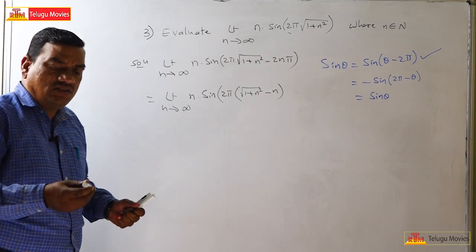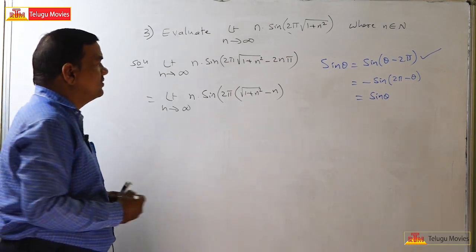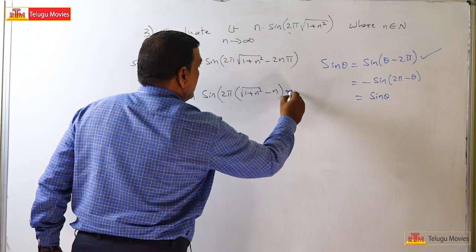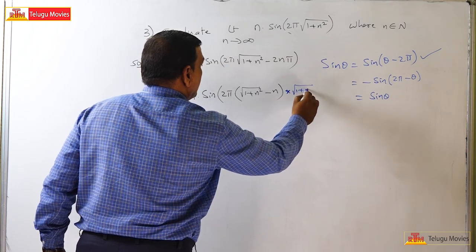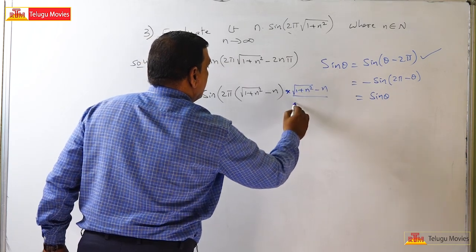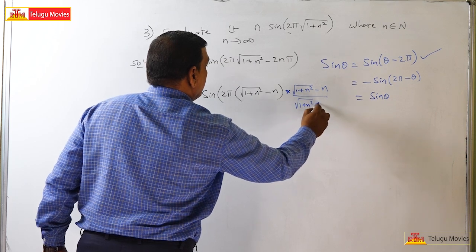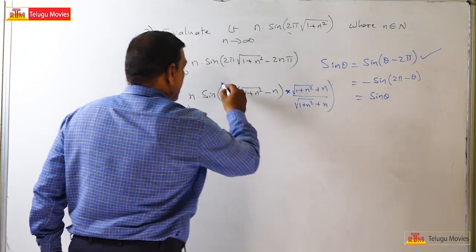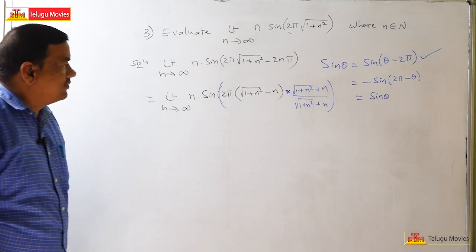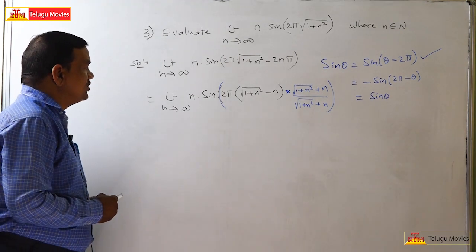Okay now. Generally everybody will rationalize here, multiplying the numerator and denominator by root of 1 plus n square minus n, and by root of 1 plus n square plus n here also, so this whole thing is in the bracket. The next step is